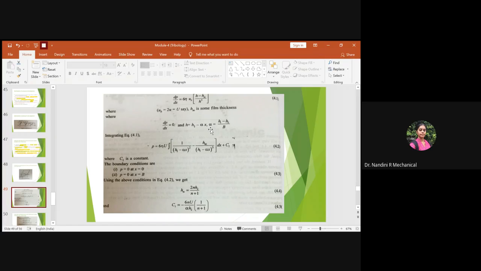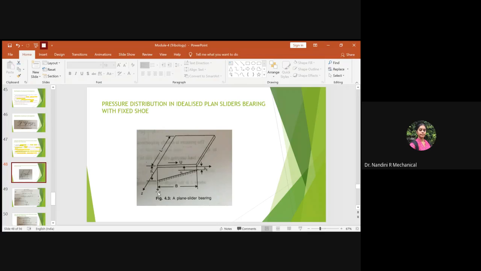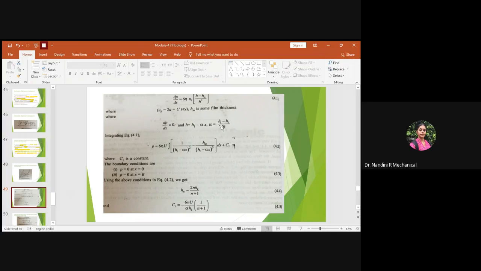Okay, so from this they will figure out what is alpha. So alpha will be taken as H1 minus H2 divided by B. Okay, B is the width of the top surface which has been taken. And this is the length of the top surface, and this is the width. So this B term comes into picture. So you will be writing alpha is equal to the difference in the oil film thickness divided by B. So now you know the value for H, you know the value for alpha, what has to be substituted in